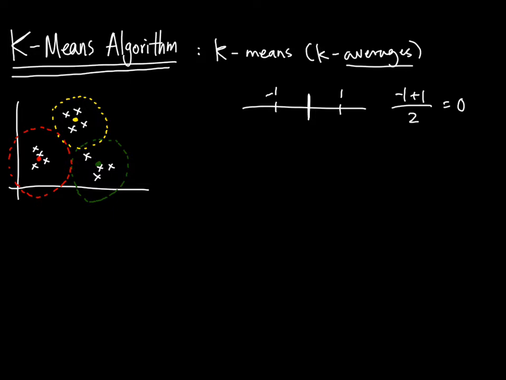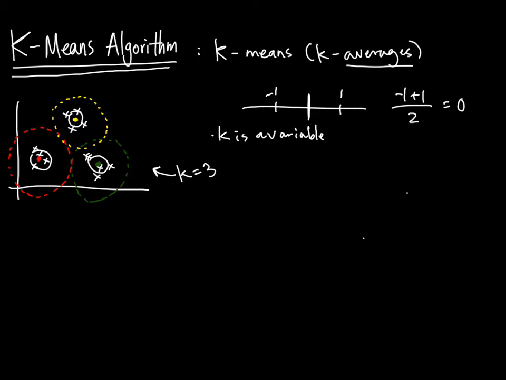So why does this say k averages or k means? K is a variable, and it is the number of means you have. As you can see here, we have 1 average, 2 average, 3 average, right? So here, k is equal to 3. The objective of the algorithm is to find these k cluster means such that they're the best representation